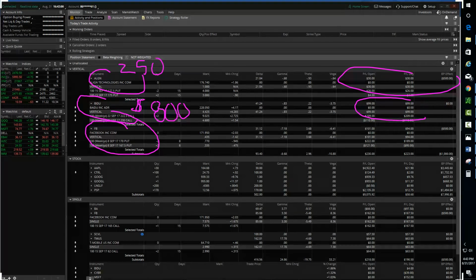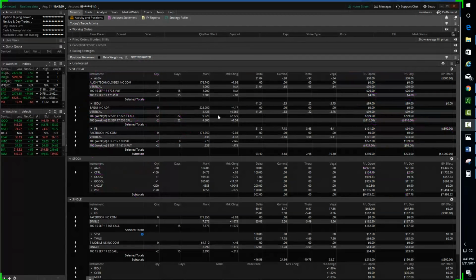But this Facebook trade, I mean, $100 today. This one was only risking about $250. So here I have 250, 500, that much. These ones are just stock, just sitting here. The exception is this CTRL trade. That was one of Henry's. This one of Henry's, this CTRL trade, I'm up $125. Hey, I'll take that on 100 shares of stock. I'll take that any day.